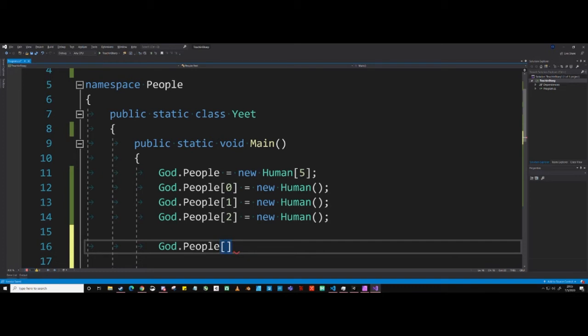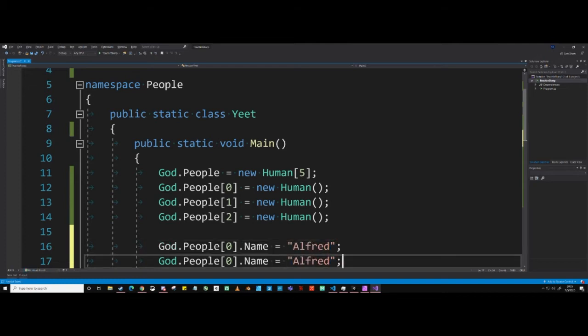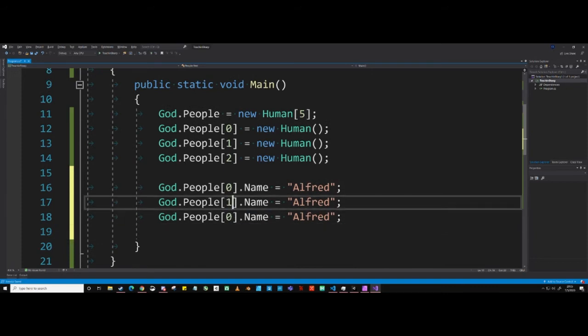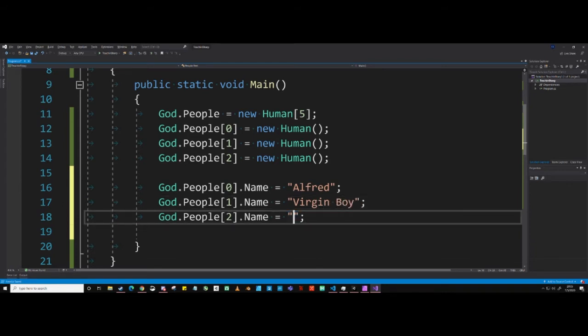And since it's an array, I have to specify the offset of 0.name. Name is just a member of the human class, will be equal to Alfred. And let's do the same thing for the other ones. 1, 2, let's call this one Carl. And let's call this one